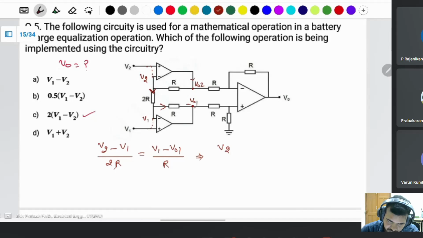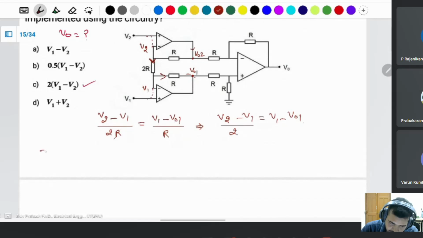V2 minus V1 is equal to 2V1 minus 2V0, or you can say this will be half of this one, V1 minus V0. Same thing if you apply here,